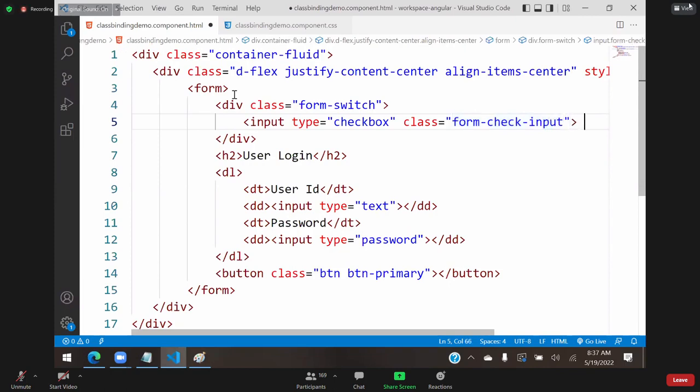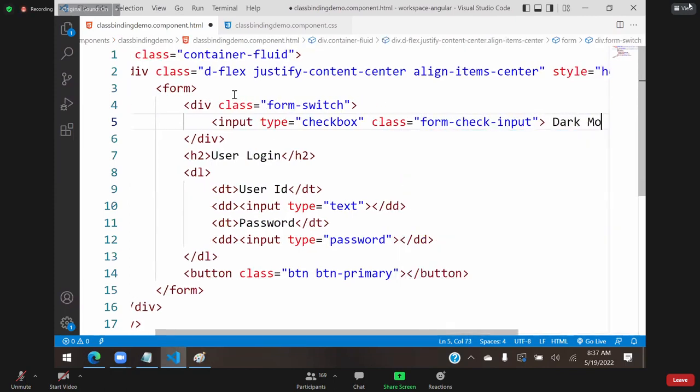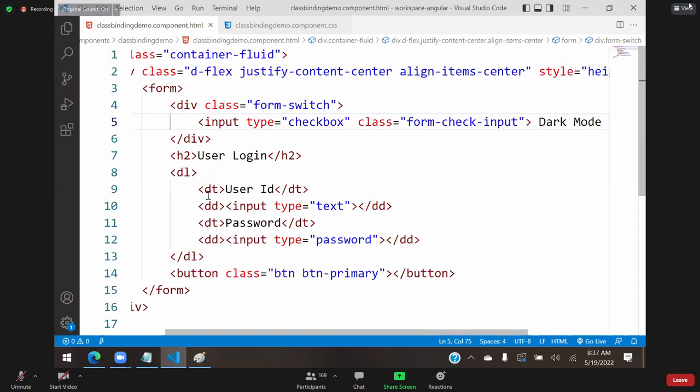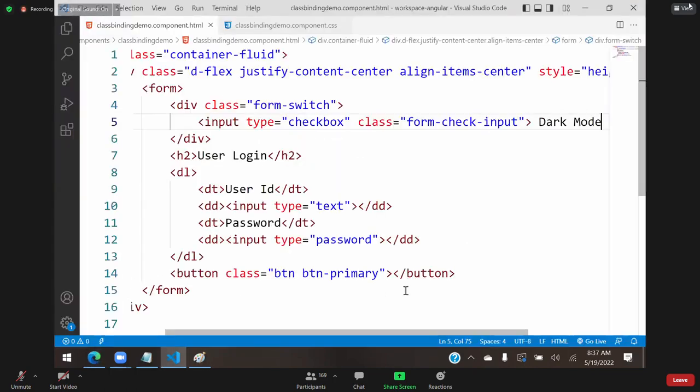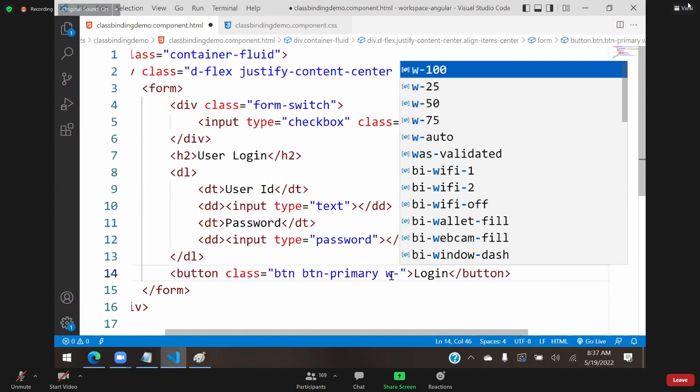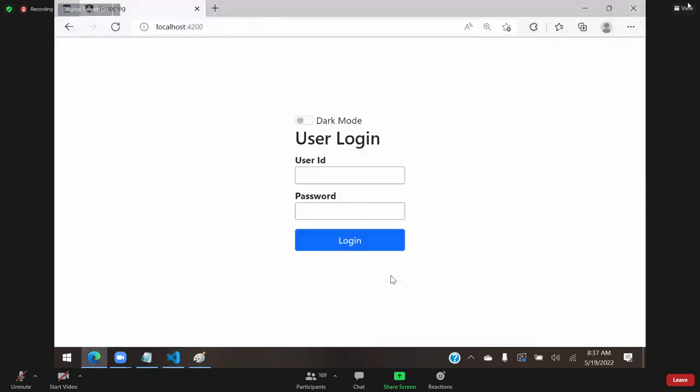And here I will put dark mode like this. Now this is the form design, and the button has the text as login, and here we are defining w-100. So this is the form,